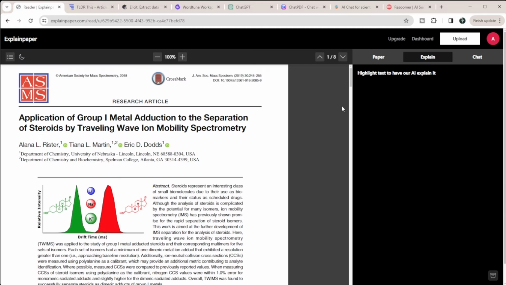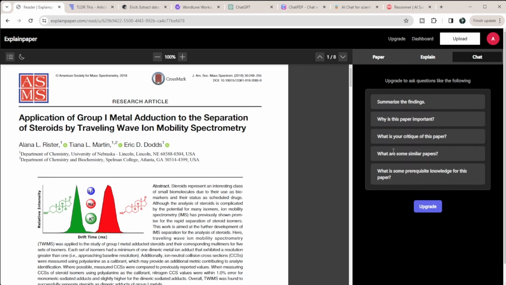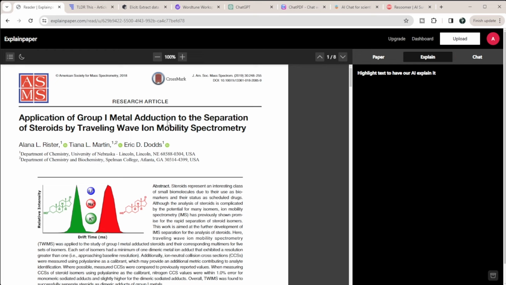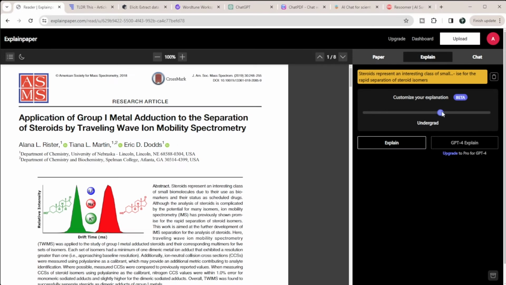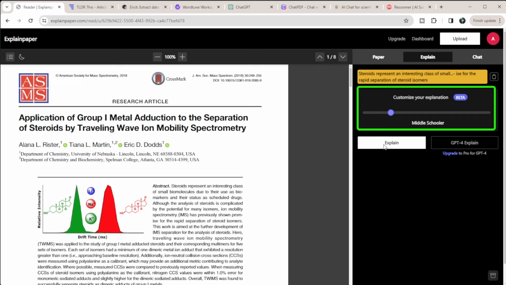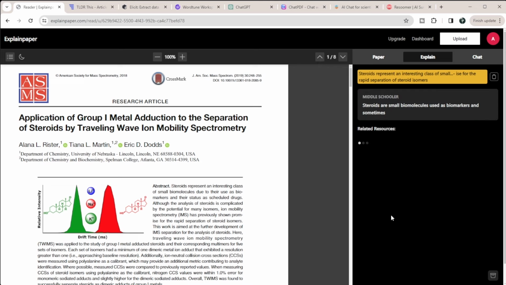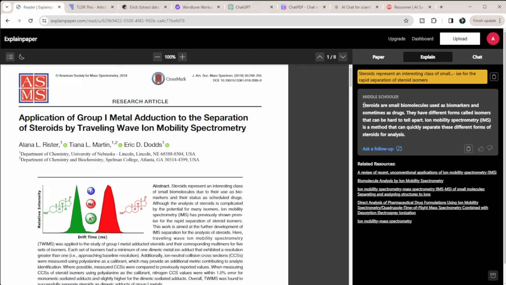Now, ExplainPaper's interface is more of a chat interface. So you can click Chat over here. You do have to upgrade or pay for ExplainPaper to be able to do any of the chats here. You can hit Explain, so that allows you to highlight over some text. So if I highlight over this, you can customize how you want it to explain to you. So I can say, explain it to me like I'm a middle schooler, and hit explain. And then it will explain what the article is trying to say, like I am a middle schooler,